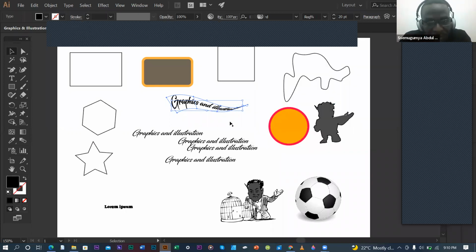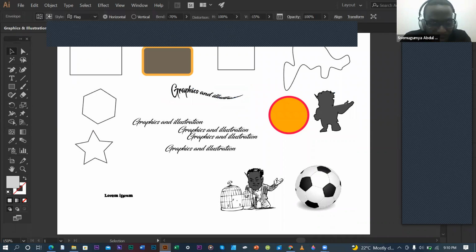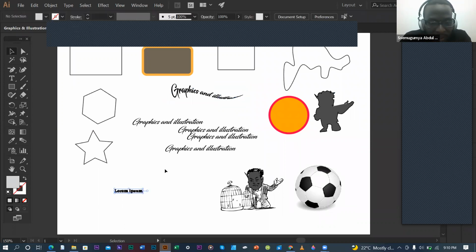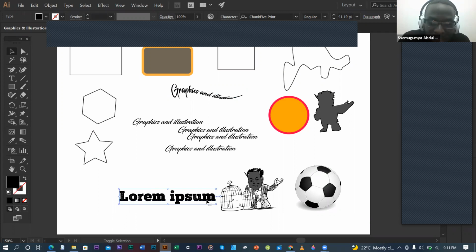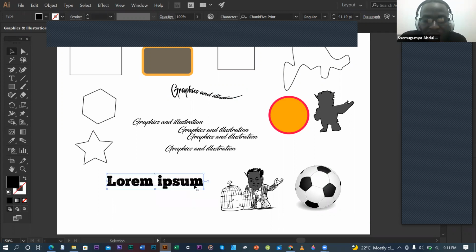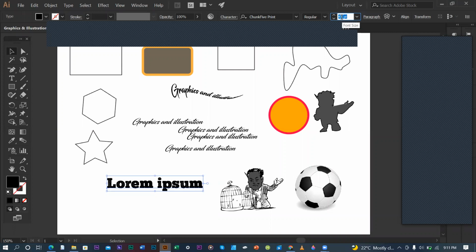So I've shown you that. There's another thing I want to show you about text, still about distorting text. I'm trying to make my text bigger. You might be wondering how I've made it bigger. I've clicked Shift and clicked on one of the corners here to scale, make the text bigger. However, I can come up here and feed in a specific